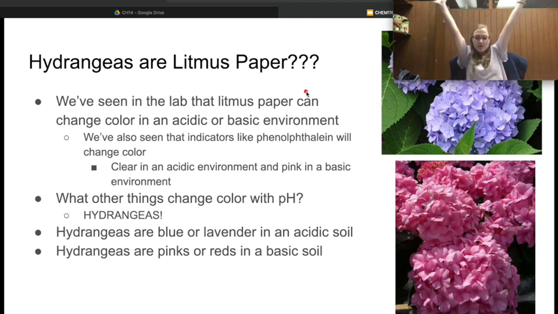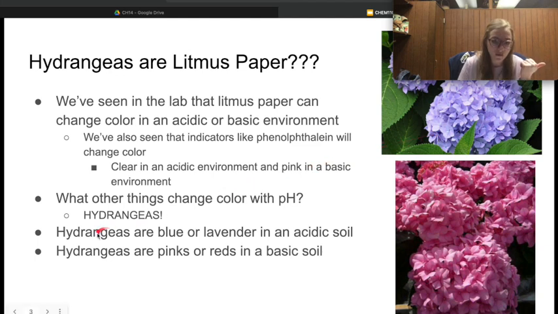Well, woo! It's hydrangeas. So for a long time, my parents had the most beautiful hydrangea plant in our backyard. It was this wonderful lavender blue color. It looked just like this one up here. However, hydrangeas actually can have different colors of flowers based upon the pH of the soil, or the acidity or basicity of the soil. So, hydrangeas are blue or lavender in acidic soil. So, the soil in my backyard must be just a bit acidic. So, we always had those lovely purple-blue